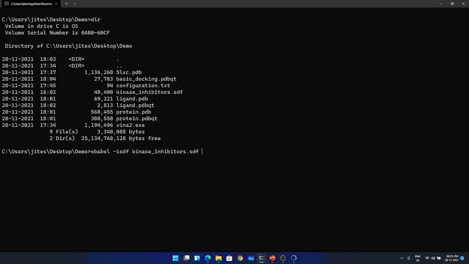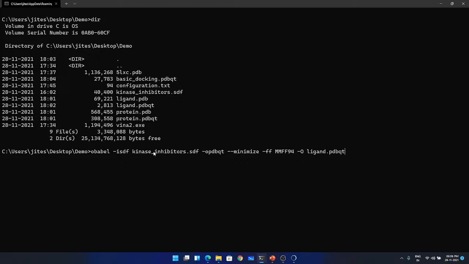Then we can also give the output file. We need a PDBQT. Then we can give some options, like if you want to minimize, if you want to give a specific force field for minimization, you can give something like mmff94 and so on. And then we have to give the output file name. Let's call it